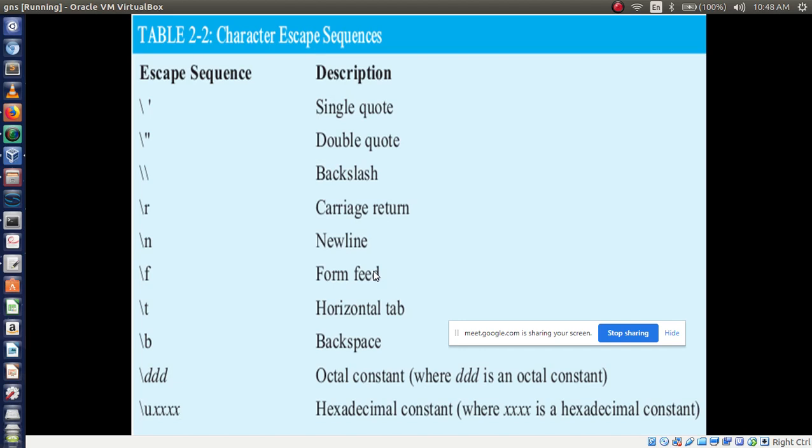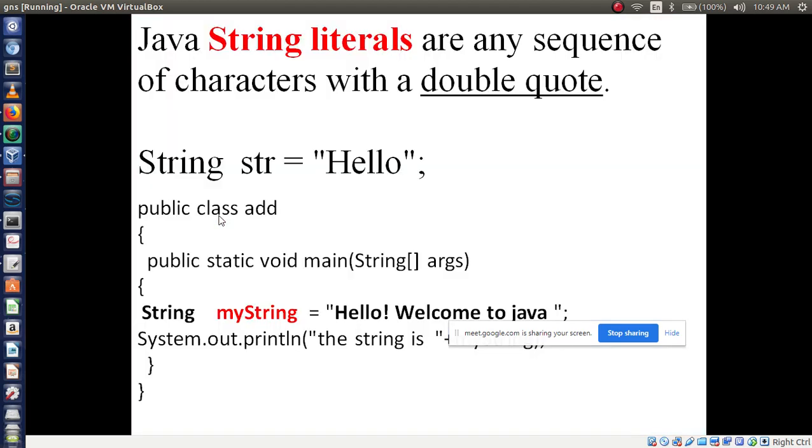In next class we are going to use these escape sequence characters if you are interested. Otherwise it's for writing purpose, you just remember any 5 sequence characters. Now we will move on to the next important